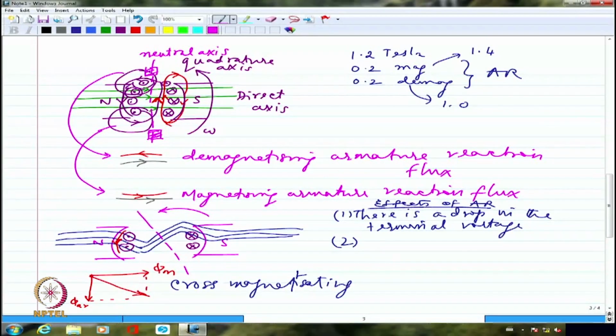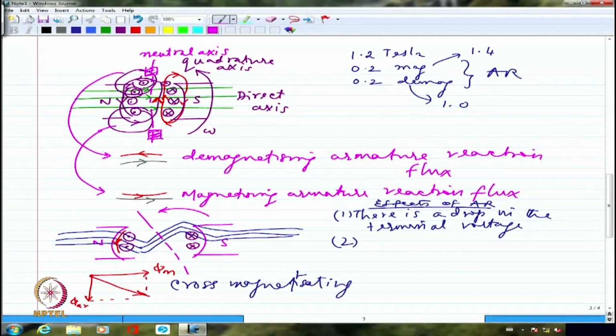If you increase the speed, you are asking the changeover to take place faster and faster. dt is decreasing. You are looking at L dI by dt. I is increasing, you will see an increase in sparking. dt is decreasing, you will see an increase in sparking. Both will contribute to sparking, right? We will look at this in greater detail when we are discussing commutation. So much for the armature reaction. Right now, just the last mention,